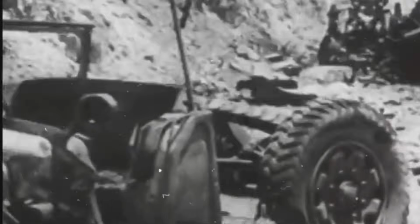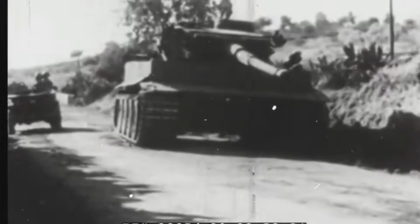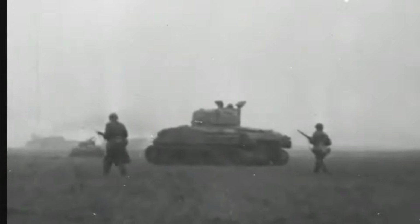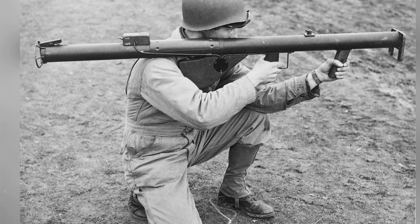A 57-ton tank should not lose a fight to a 15-pound steel tube. On paper, the math wasn't close. The Tiger I carried an 88mm gun that could kill a Sherman before the Sherman's crew ever spotted the muzzle flash. Its front armour ran up to 120mm around the mantlet, thick enough to shrug off almost everything the Allies